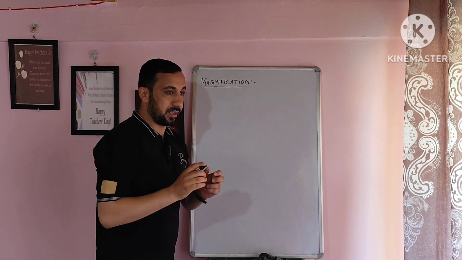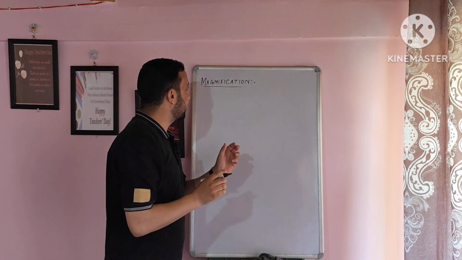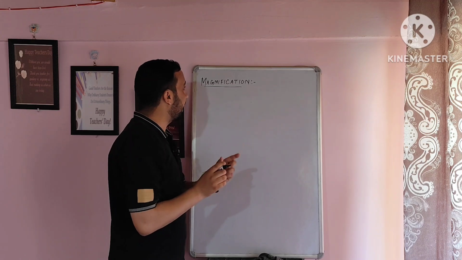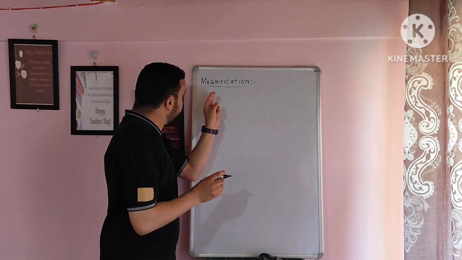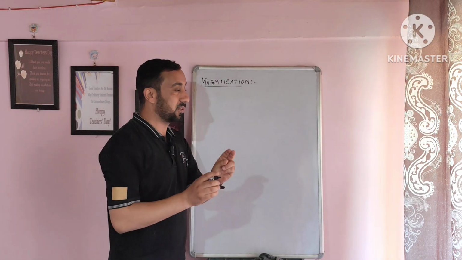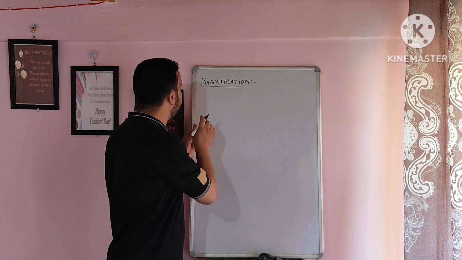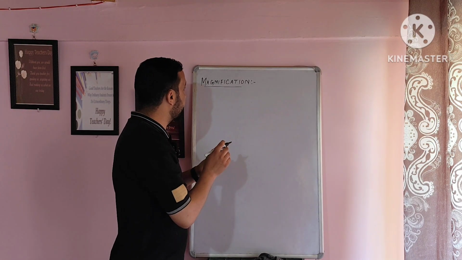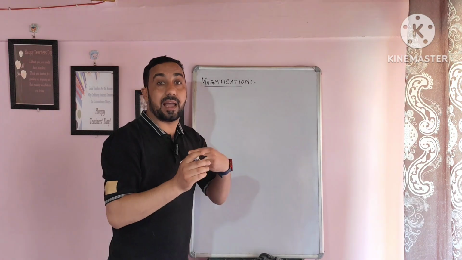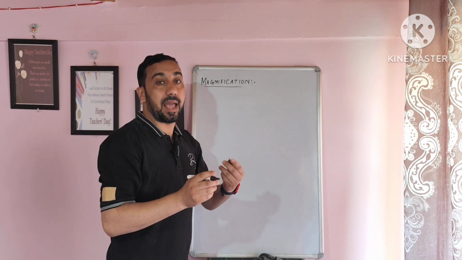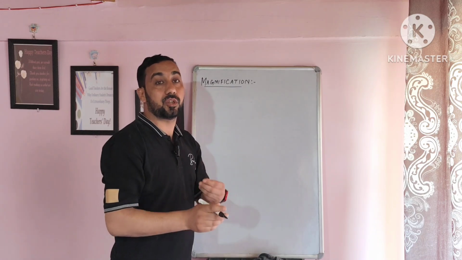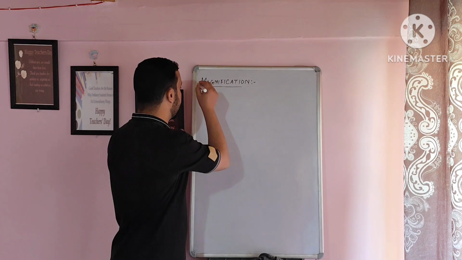Dear students, as far as physics is concerned, physics defines magnification in two ways. The first definition which physics gives: the magnification can be defined as the ratio of the height of the image to the height of the object. That is,